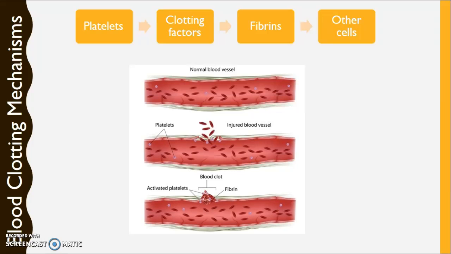So here we have the blood clotting mechanisms. There are 4 different stages to this mechanism, and these stages help control the bleeding so that the bleeding can stop and it can reduce the amount of blood that is lost. So within the process there will be damage done to the blood vessels which then exposes